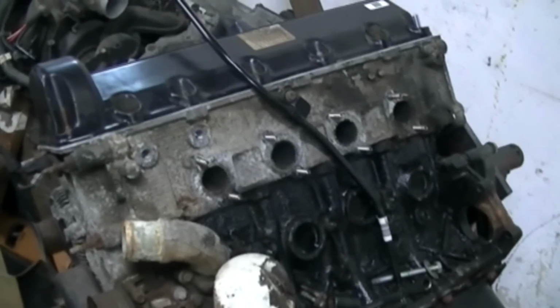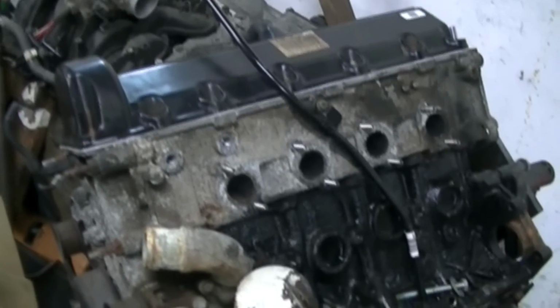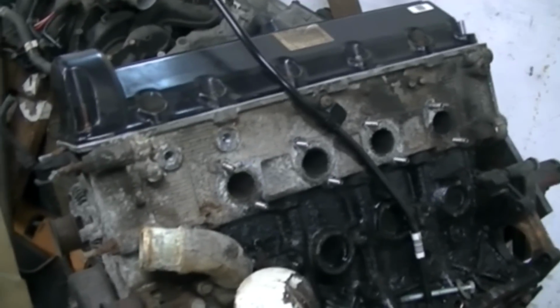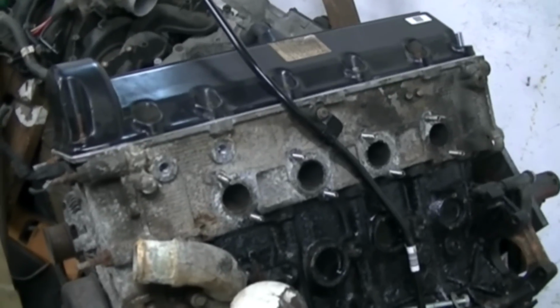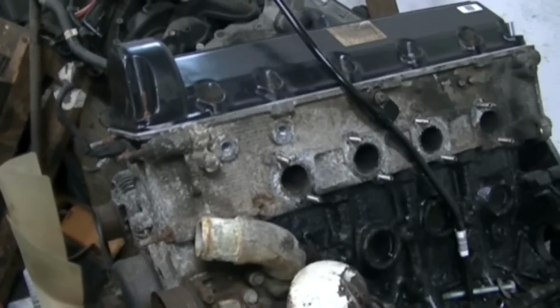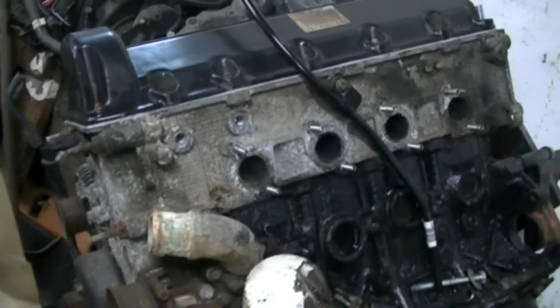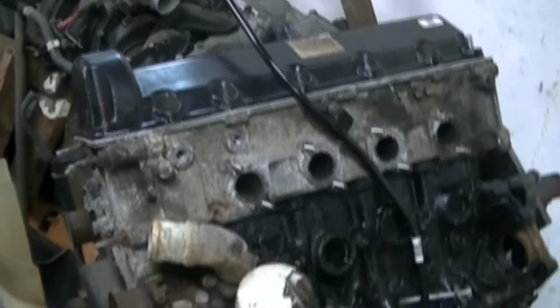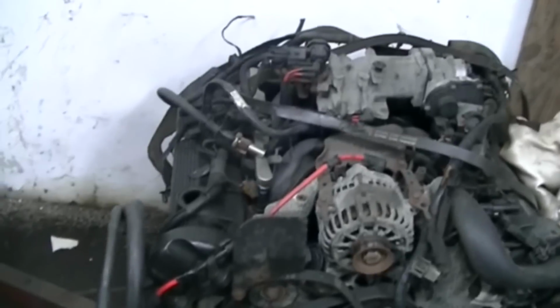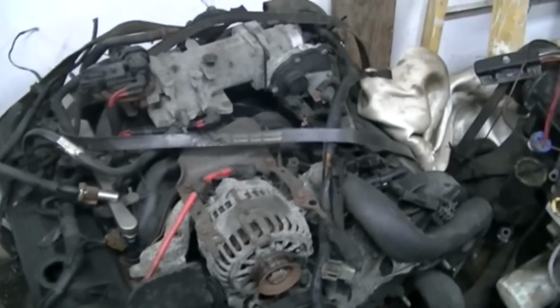You got your intake, your catback, your gears and your LSD, maybe you got a trans, and now you say, you know what, if I'm doing a trans, let me go pick up an engine real quick and slap that in with the trans and then get a tune all in one. Now you have something pretty darn good. Now you got to figure out some tire selections and all of that stuff,